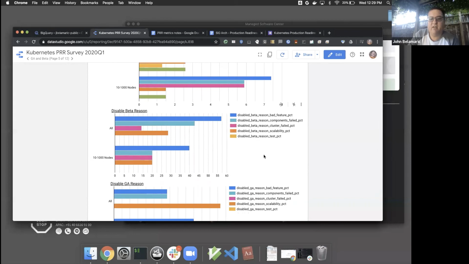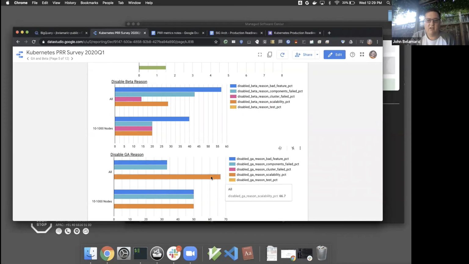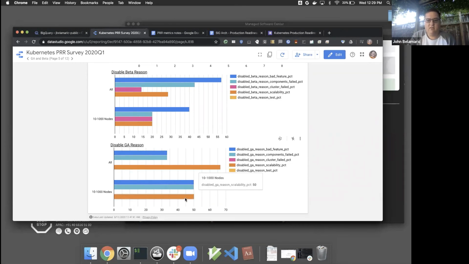So disabling beta, the reason, the orange. Interestingly, nobody disabled beta for testing. The primary reason is the feature didn't work as expected. Of the ones that disabled it, 40% of them did it for that reason in this sweet spot here. For GA, scalability,